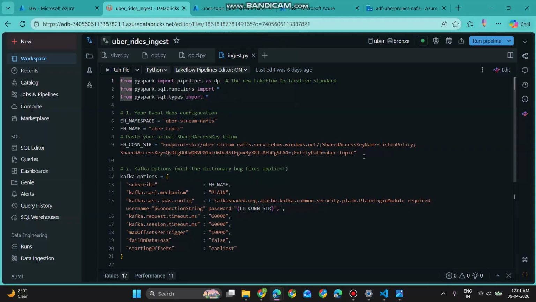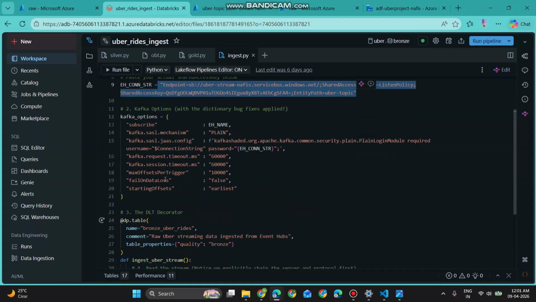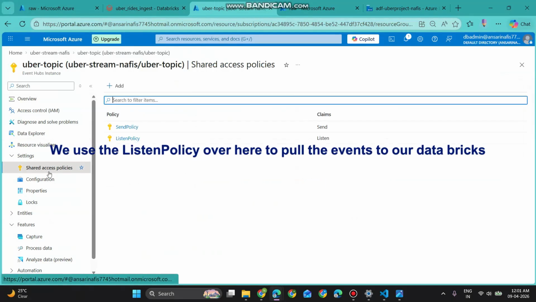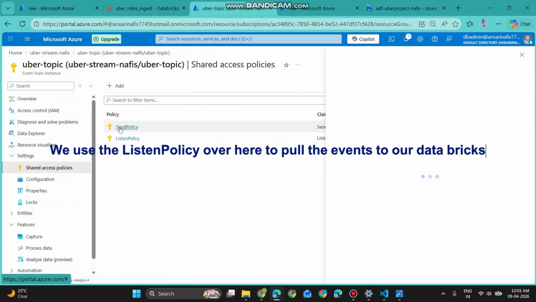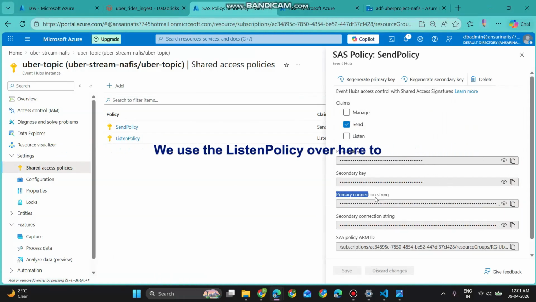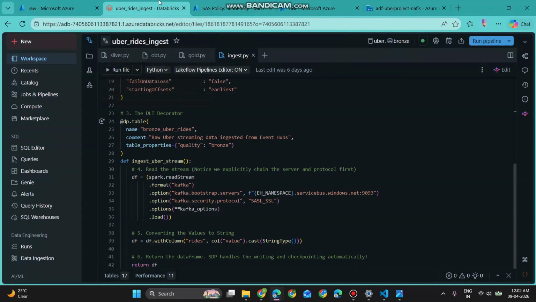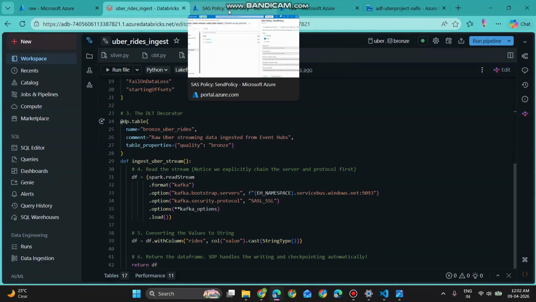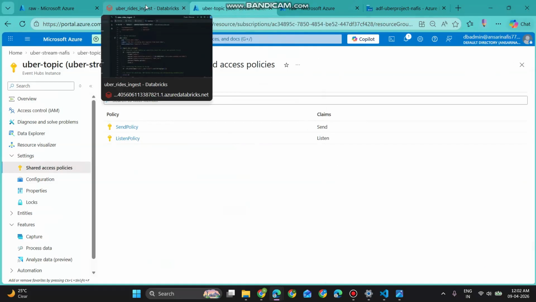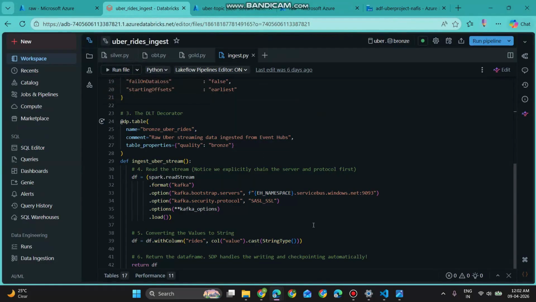I'm not going very deep into the technology over here, I'm just showing you this is the connection string, and using this we are going to pull the events. See, this is the send policy that I've created, and we use this primary key connection over here to pull the data into our Databricks. So this way both the batch data as well as the live stream data is pulled into our Azure Databricks workspace and into the pipeline. Okay, see,